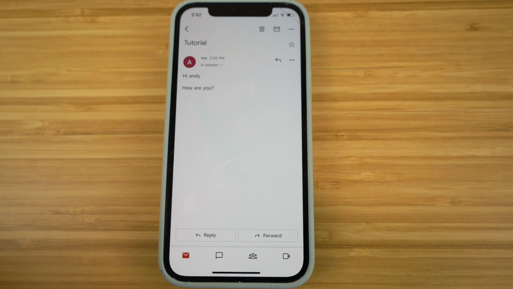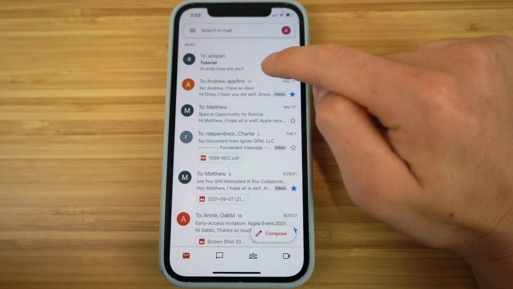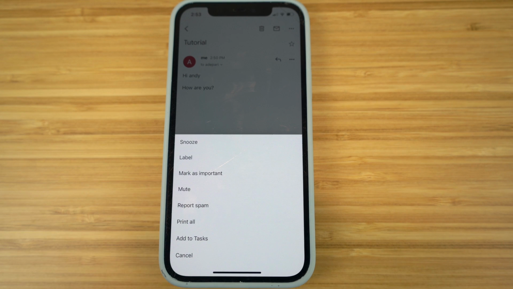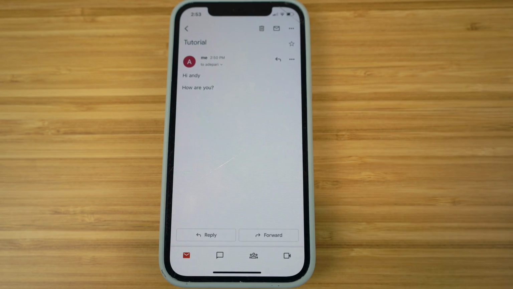So after you send an email, there's also a few options you can do after that is sent. For example, we're looking right here at the email I just recently sent. You have the option to move that to trash. You have the option to mark that as unread if you want to. As you can see, it is now unread. If we go back to that, we can also click these three dots, and like I showed you guys previously in this video, you have the option to mark it as important, snooze, and do essentially whatever you want with this specific email. Then after that, you also have the option to star it if you need to,